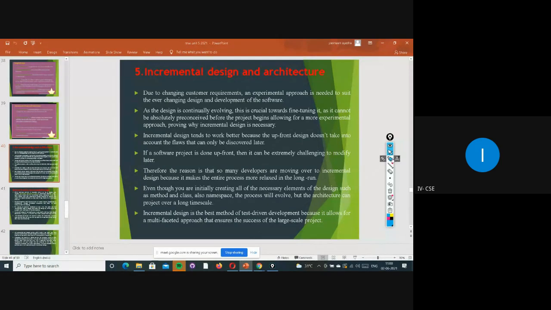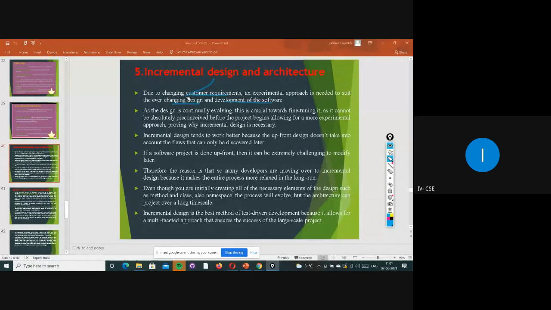So mainly, why we are using this incremental architecture design: it's a changing design and development of the software, right? We are involving the customer and taking the requirements from them. Whatever requirements are given by that customer, if suitable, then we will do some changing and developing of that particular software.